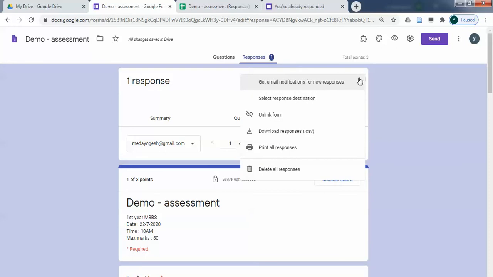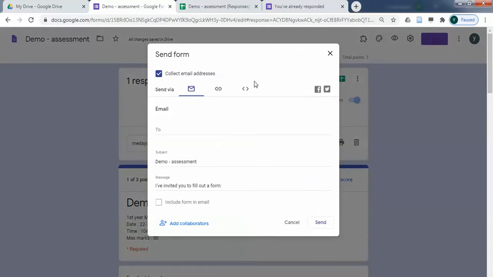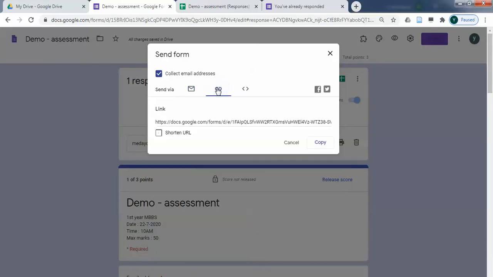Next is how to send this to the students. For that, you have the send option here. You can email it to the students one way, or this link is available here. You can just take this link and send the link on WhatsApp.